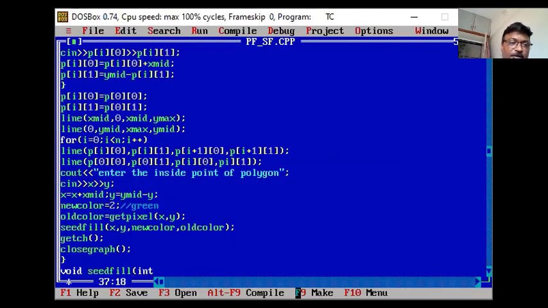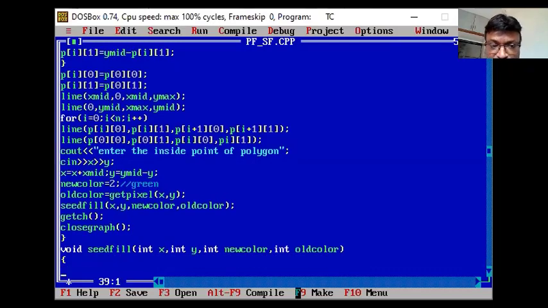Here I have to put int x, comma int y, then int new color, then int old color. So these are the parameters. You don't put the semicolon after this because here you are writing the function. Opening curly bracket. Here I will put in my algorithm.